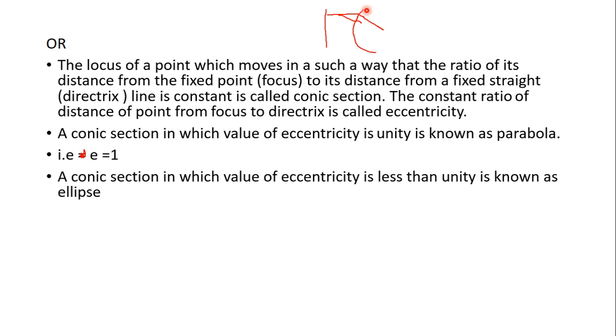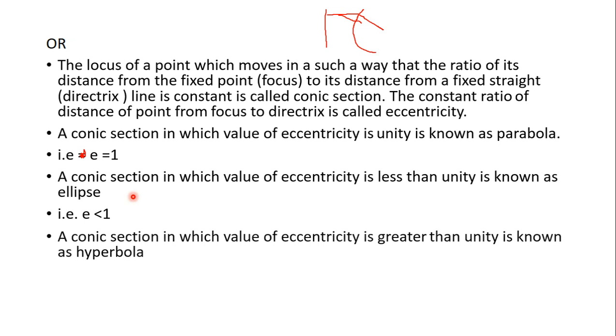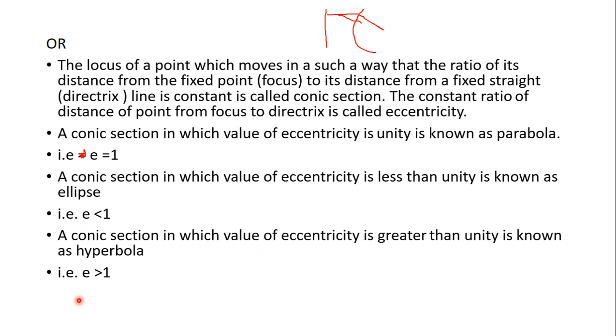This ratio, the distance from fixed point to the distance from fixed straight line, is lesser than 1 in the case of ellipse. That is, eccentricity value is lesser than 1. A conic section in which value of eccentricity is greater than unity is known as hyperbola. So here value of eccentricity is greater than 1, it is bigger than 1, and generally